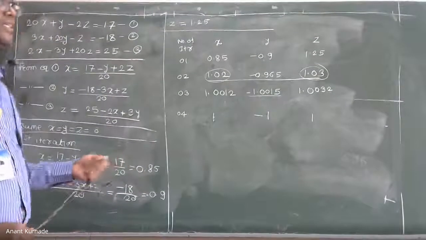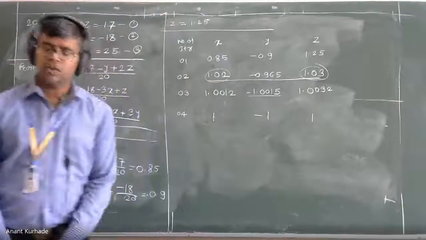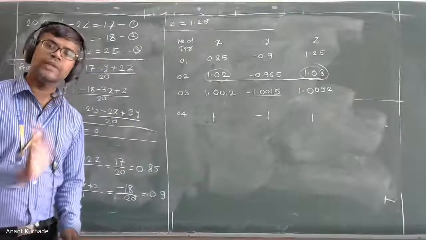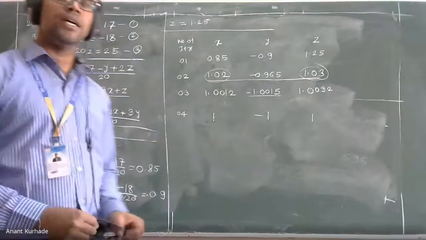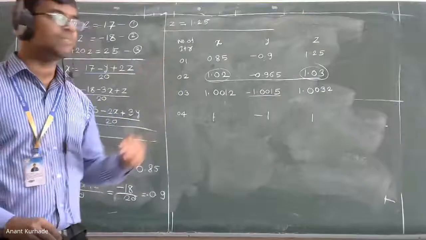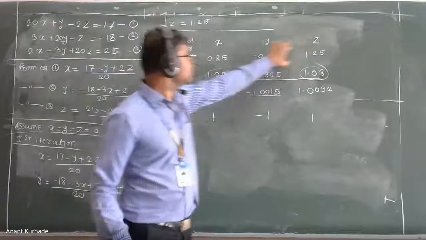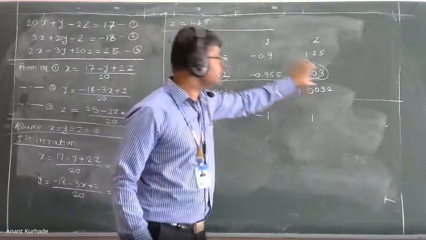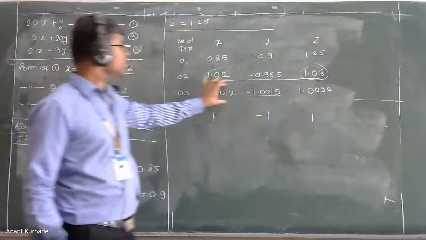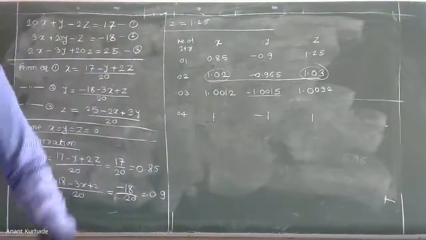Any doubt in this case? So you have to remember this difference in iteration. In the Gauss Seidel method, while calculating values of variables, use the new values. In the Jacobi iteration method, use the previous state values as they are. So while doing the second iteration, use these values. While doing the third iteration, use values from the second iteration. For the fourth iteration, use the values from the previous iteration. In Gauss Seidel, we have to use new values.